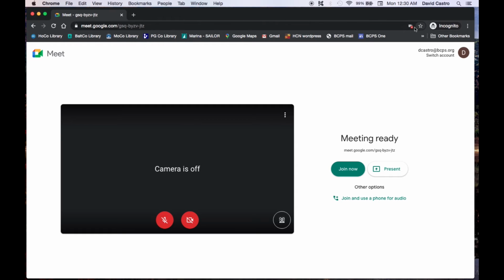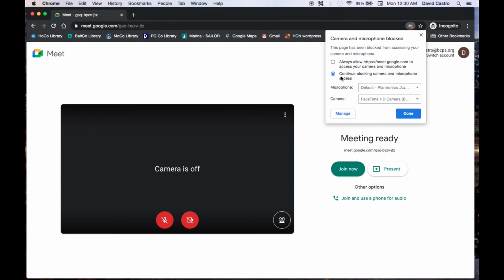I'm going to move over to the end of the URL bar, and you're going to see an icon for a camera with a red X, which shows that something's not working. Even just by hovering over it with your cursor, you can see it says this page has been blocked from accessing your camera and microphone. If you click on it, it'll ask if you want to continue blocking camera and microphone access. You can leave that if you want, but you're going to want to click on always allow, and that way you don't have to keep doing this every single time. So it should be a one-stop shop to select always allow,